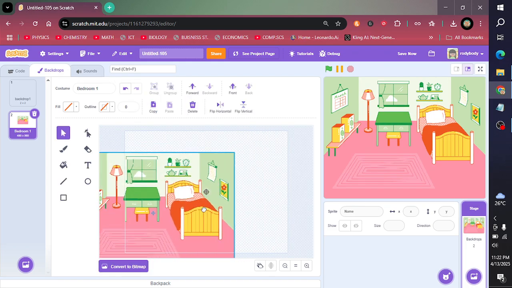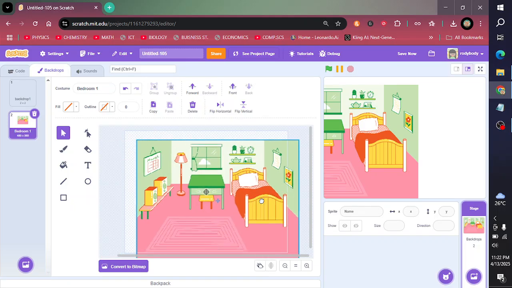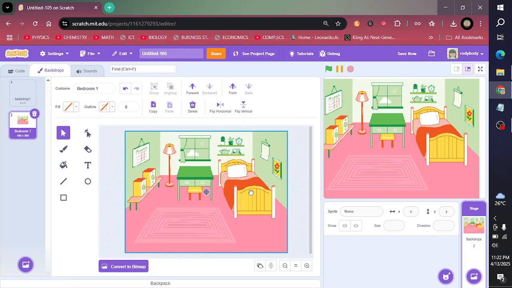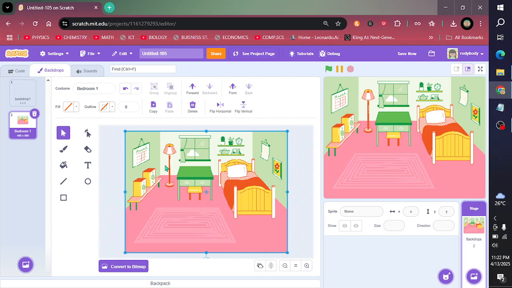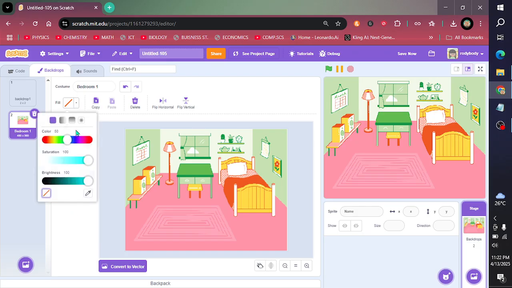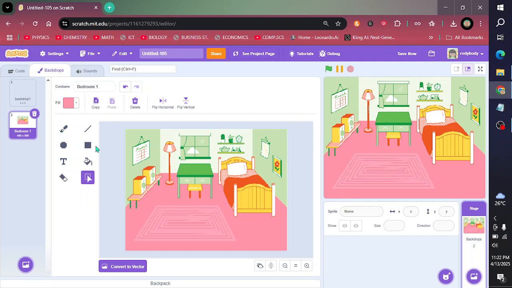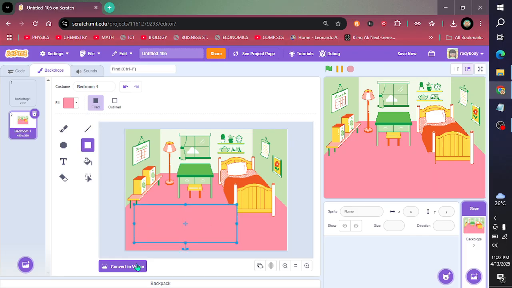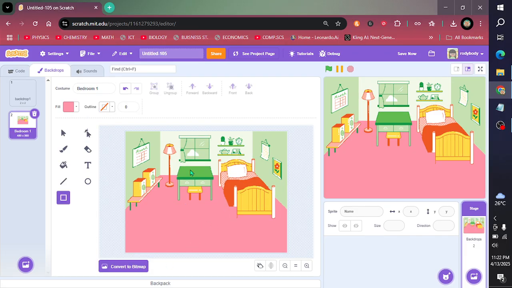is bitmap, and if you convert it to vector, then this will happen. Everything will just be joined together. So we're going to have to use our brains. So firstly, I'll convert it to bitmap. I drop this and create a square over this. I think it's better to do this in vector. I'll create a square over a few places,